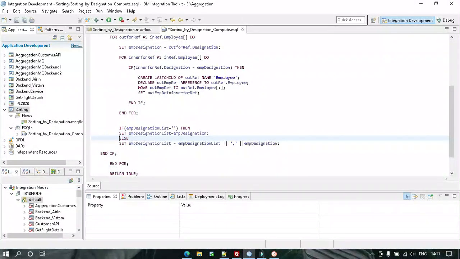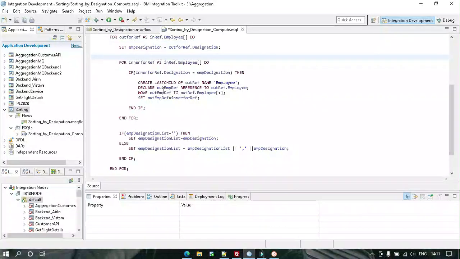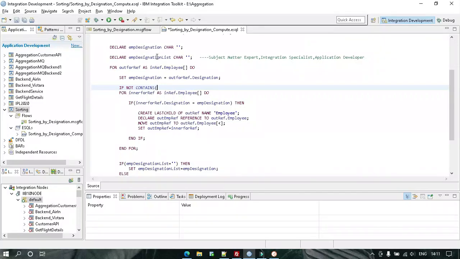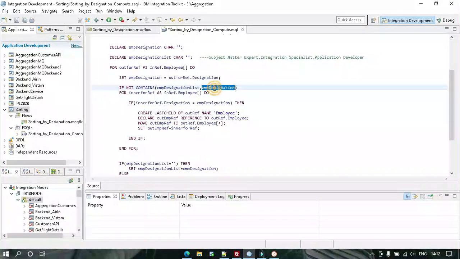Now let me correct the indentation so that it is readable. Now here, I'll make use of the contains function. It will check if this designation is present inside this list, and I am making use of not.